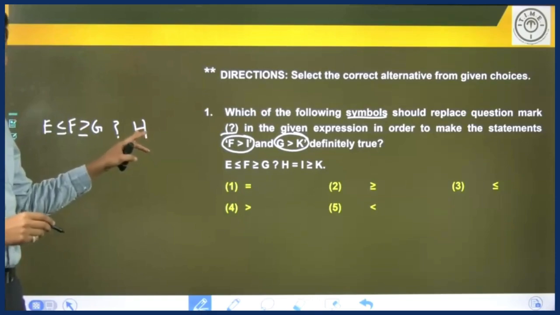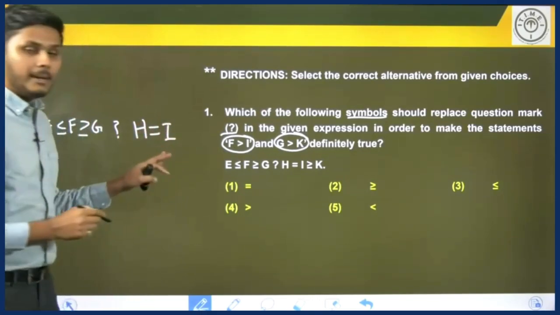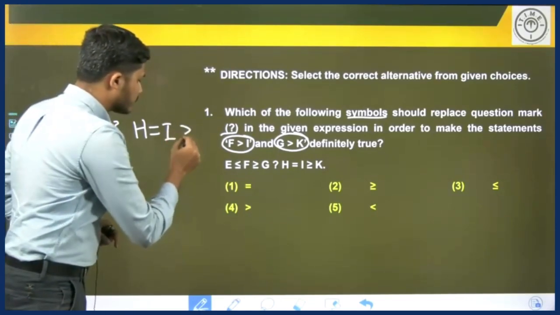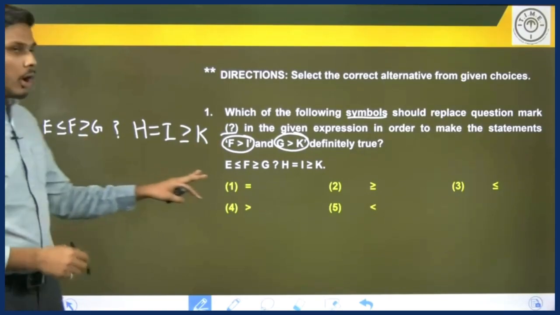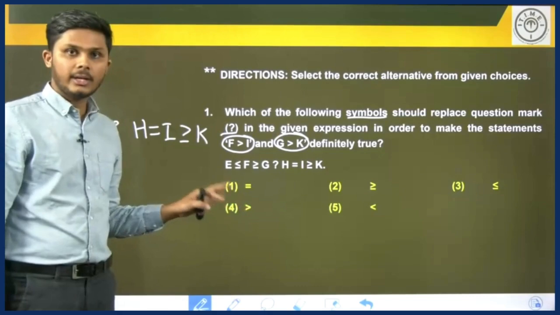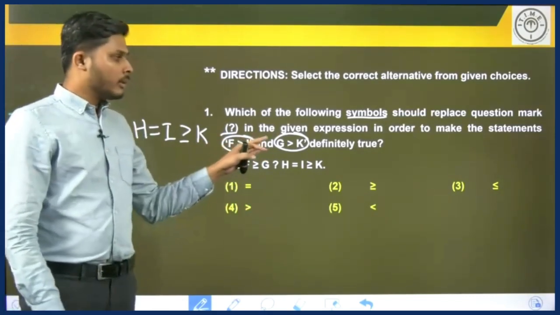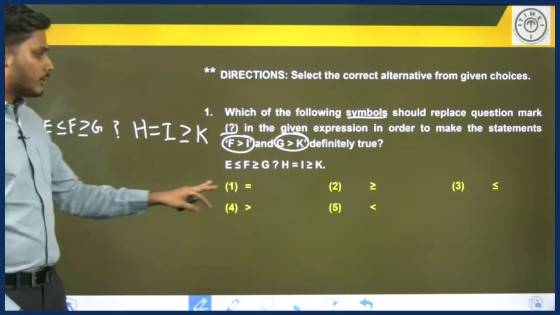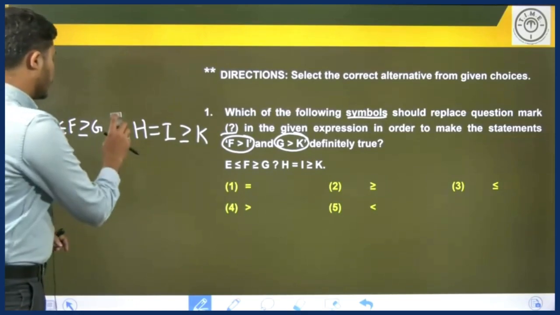The relation between h and i, h equals i, and i greater than or equal to k. So let's use the options and replace the question mark with the symbol given in the option and check if the given condition f greater than i and g greater than k is definitely true. So let's start with the first option, which is equal to. Let's replace the question mark with equal to,